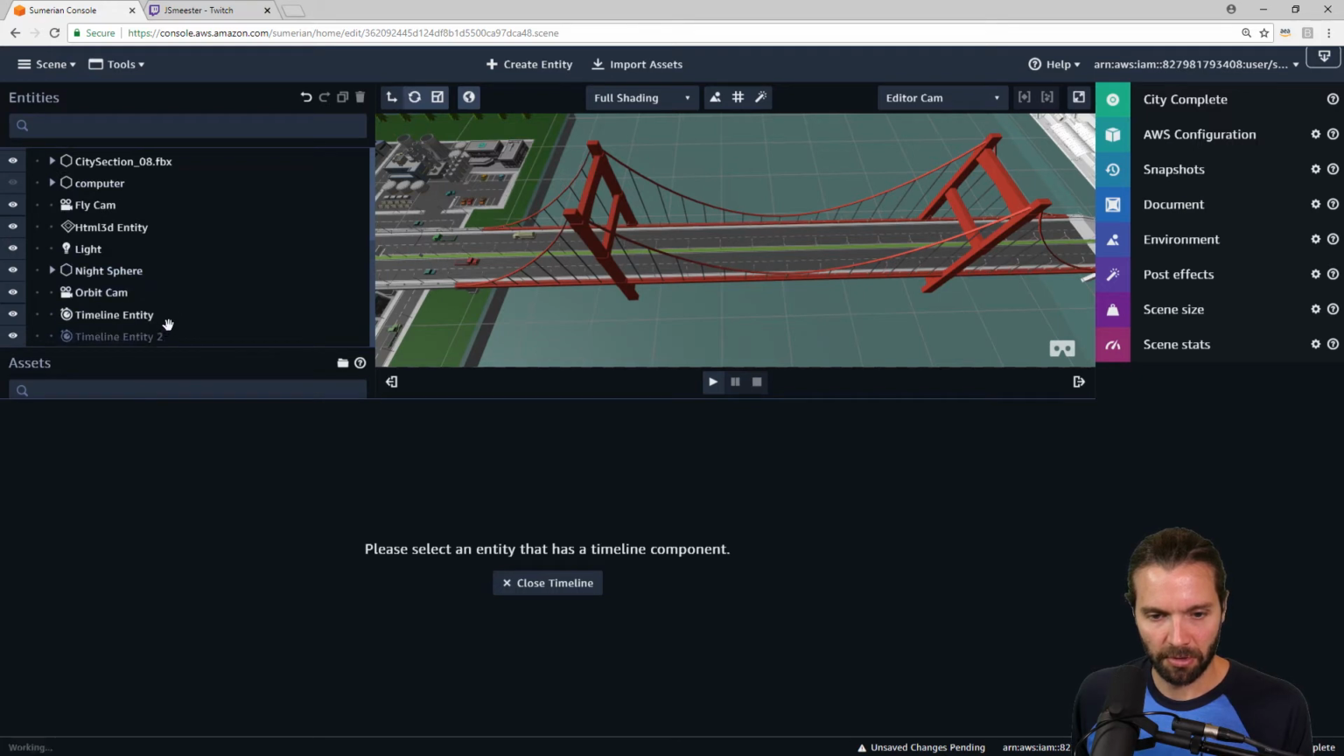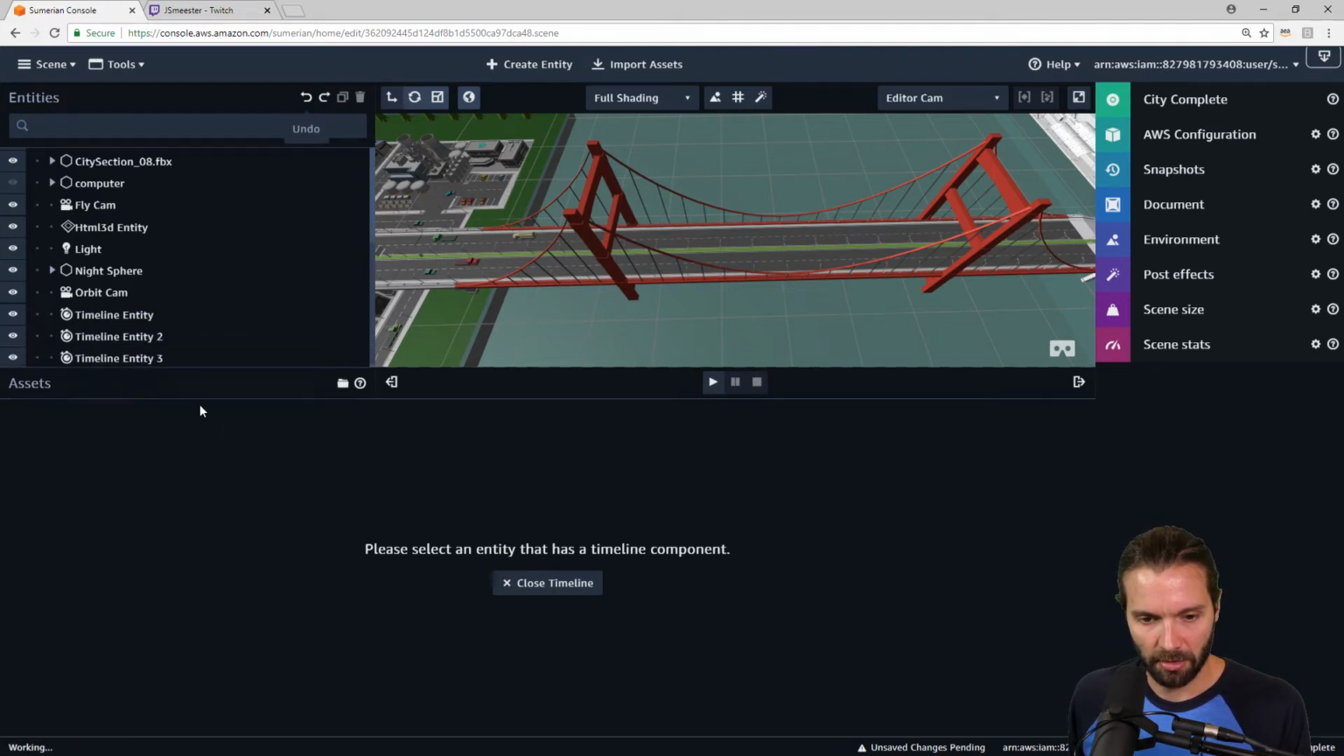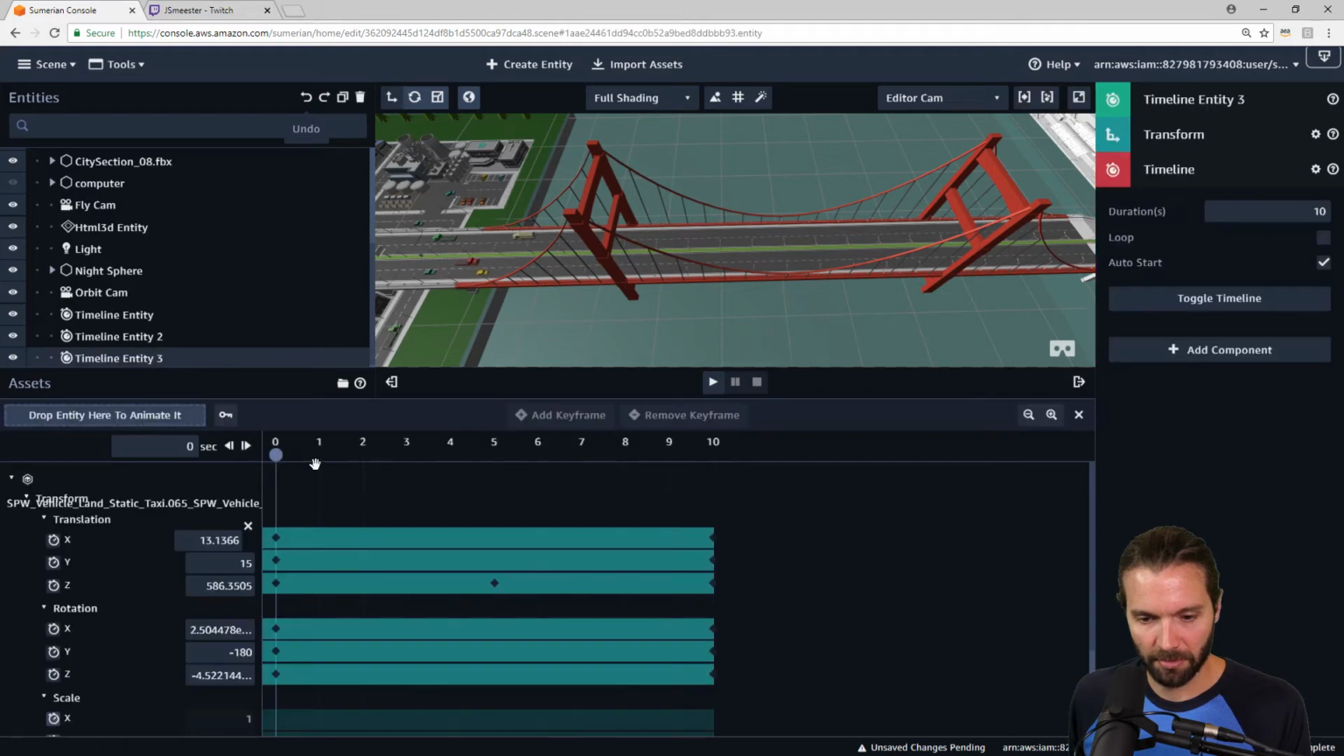I don't know why that just closed. Did I just delete my timeline? I didn't mean to do that. We're going to undo that. Oh, there it is. I just can't see it. Okay, we're going to remove this keyframe. And maybe we just need to do